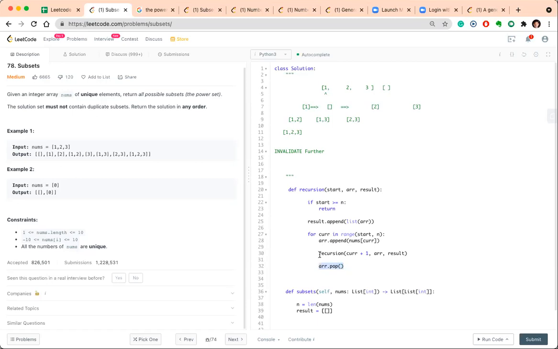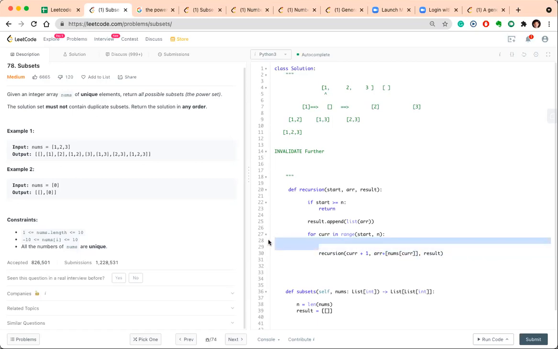Same thing we can handle here as well. Instead of actually appending and popping, if we generate the case here like this, then we will be saved from the unnecessary code of popping and appending, because the way we discussed, this is just pass by value. We are passing the value instead of passing the reference of the array. So we created the value in the argument itself and we passed it that way.